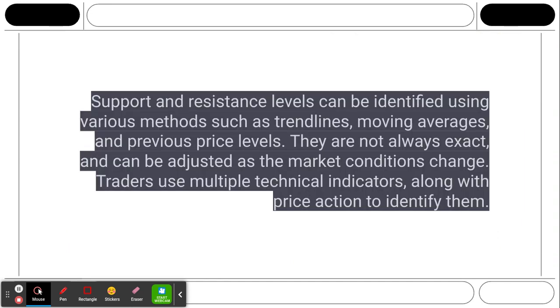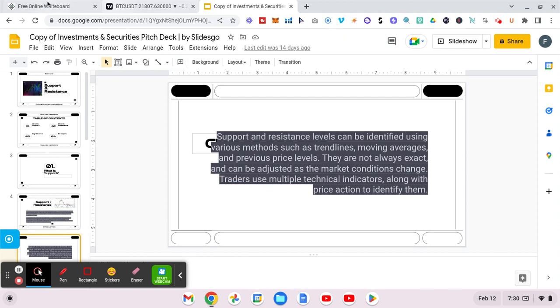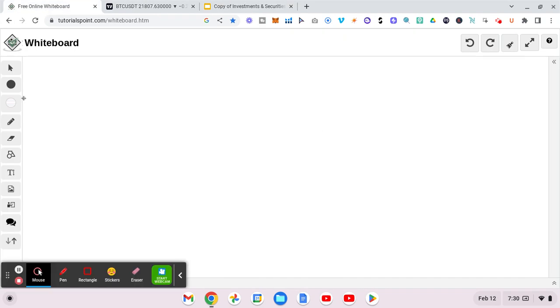Okay, support and resistance levels can be identified using various methods such as trend lines, moving averages, and previous price levels. They are not always exact and can be adjusted as the market conditions change. Traders use multiple technical indicators along with price action to identify them. So let's go through before we continue anymore. Let's go to the whiteboard right here